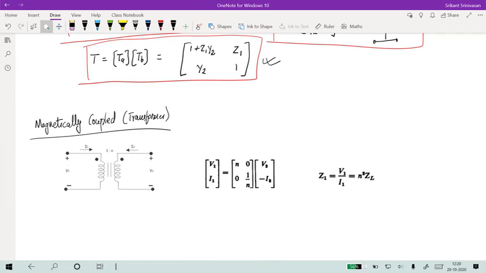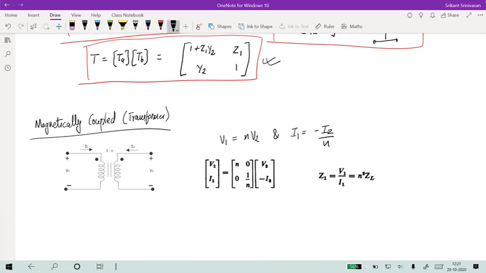And as a consequence, each of them can exert some mutual inductance on the other one. Now, if this is an ideal transformer with the ratio of 1:n turns, then you could say that the direct formula is V1, I1 is given by its relationship to V2, I2 through this matrix, because the basic transformer equation is that if you have n number of turns, then V1 is equal to n V2 and I1 is equal to minus I2 by n.